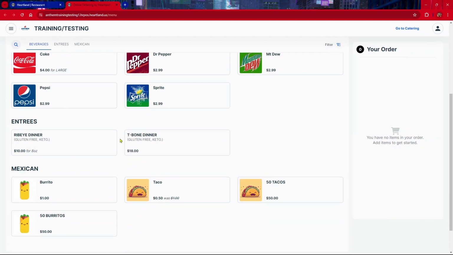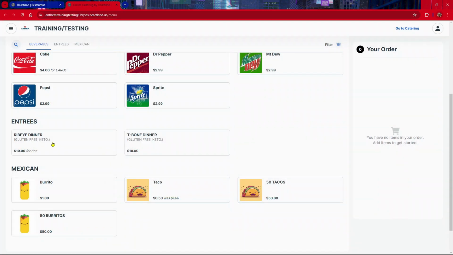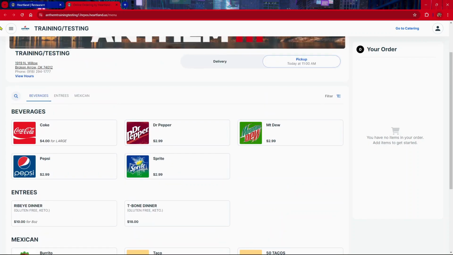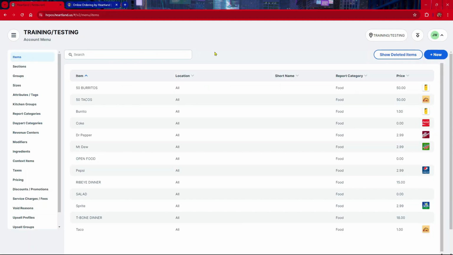Like for example, there's ribeye and T-bone. It may show the tags, but there's no description. So you don't know what comes with this or anything about the item. You don't know what ingredients are on these tacos, so on and so forth. You can use descriptions on the point of sale as well. I will show you what that looks like afterwards, but let's go ahead and look at how to add descriptions